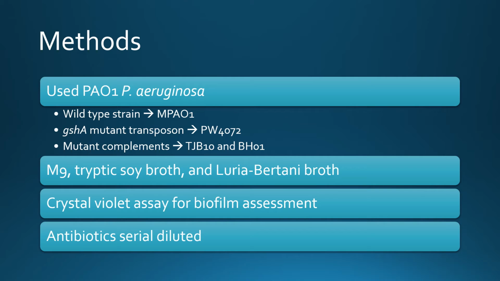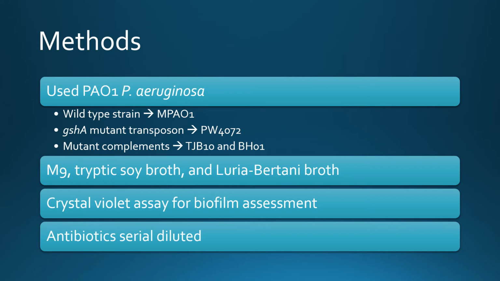All of the strains were grown in tryptic soy broth, also abbreviated TSB, M9 minimal medium, or the Luria Bertani broth, which is abbreviated LB. To assess the biofilm formation, crystal violet assay was used, and that would highlight the live cells, allowing the researchers to see the